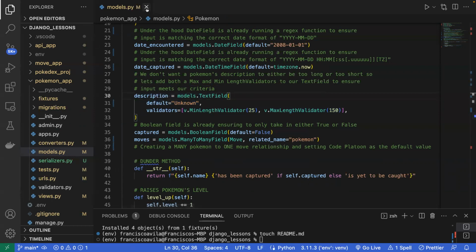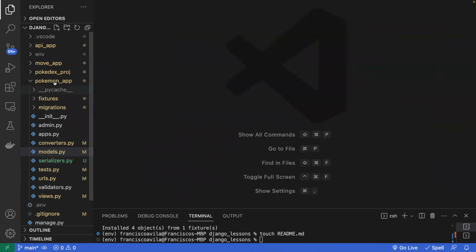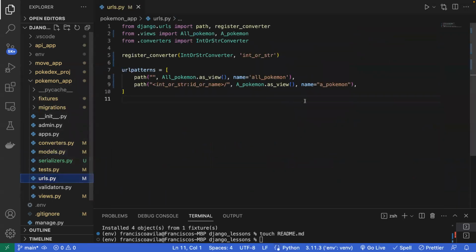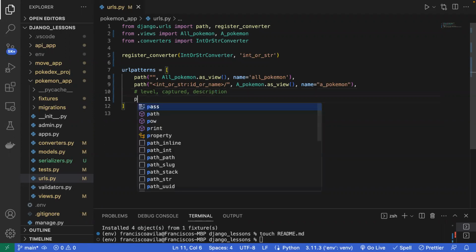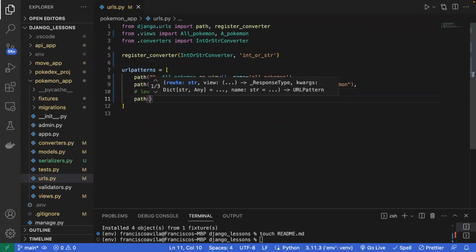All right. So now, if I think about that, if I go to write my path, let's go inside the Pokemon app, let's go to URLs. What I want to do is be able to update the level, update the captured status, and also update the description of this Pokemon. Well, what would that look like in a path? If I try to put that in a path, it would say